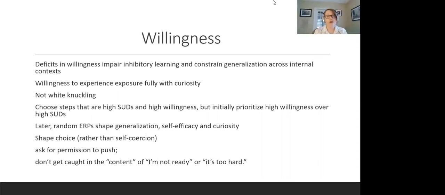So when we think about this in exposures, what I tell my folks is I do measure subjective units of distress when I ask about exposures. Some ACT therapists do not. The reason I do it is not because I'm interested in focusing on habituation, but I want to know what the expectation is for how hard this exposure and response prevention exercise will be, right? So I'll tell kids when I'm teaching them how to choose to move forward, I'll say, I'm less interested in a super high SUDS. I'm more interested in super high willingness.